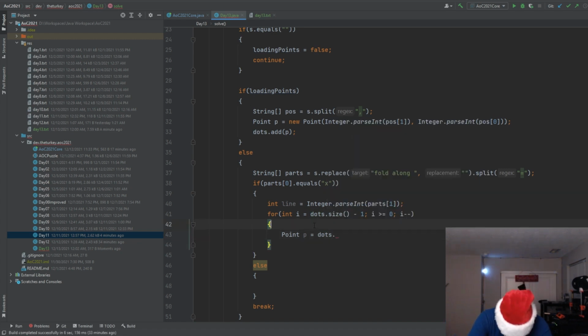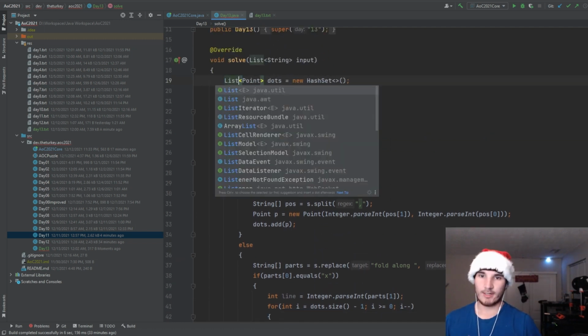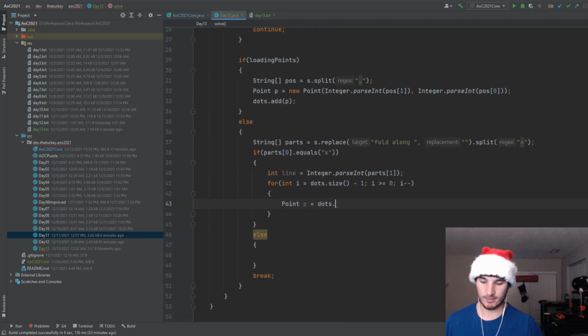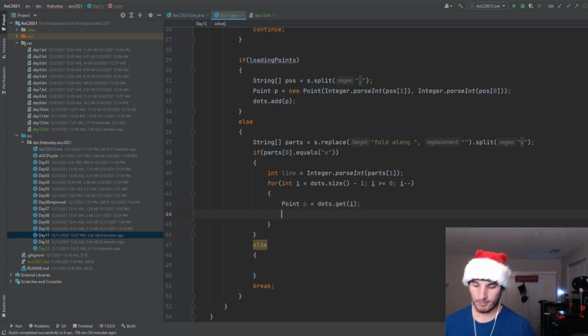Oh, right. All right, nope, we can't do a set. Sorry, we've got to do a list because you can't iterate over a set like we want to do here. So we're going to do this. So dots, no, not remove. Nope, just get I. And so now we've got to do if p dot column is